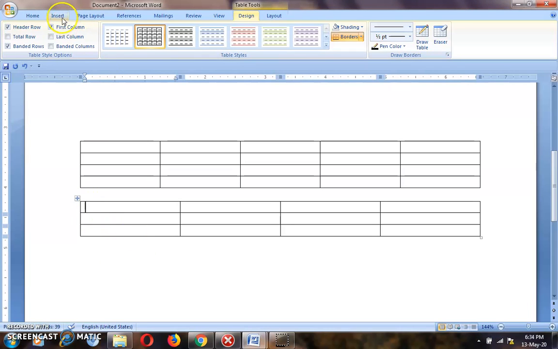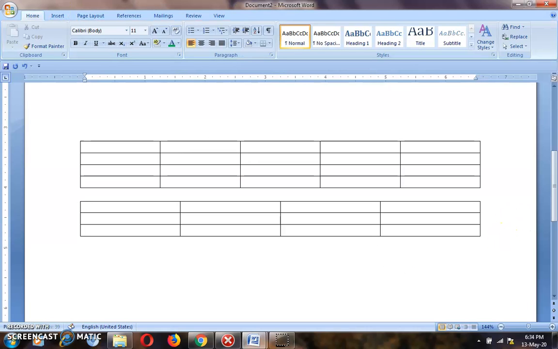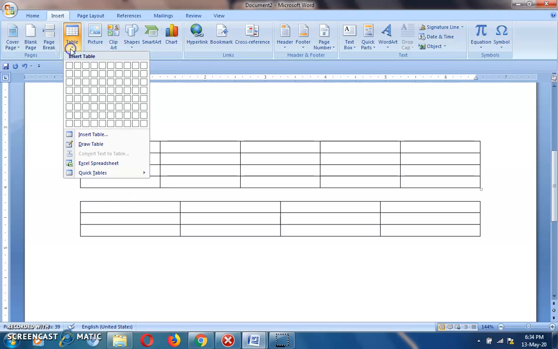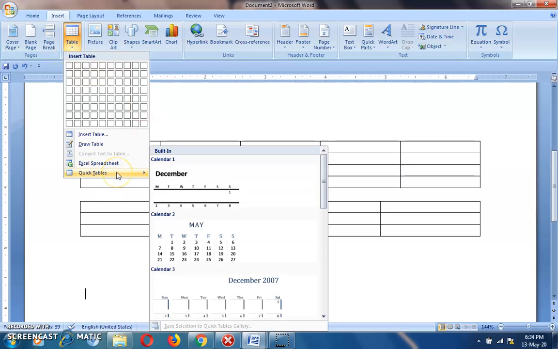Now the third method, click on the Insert button, then Table, then Quick Table. The Quick Table option is available at the last.